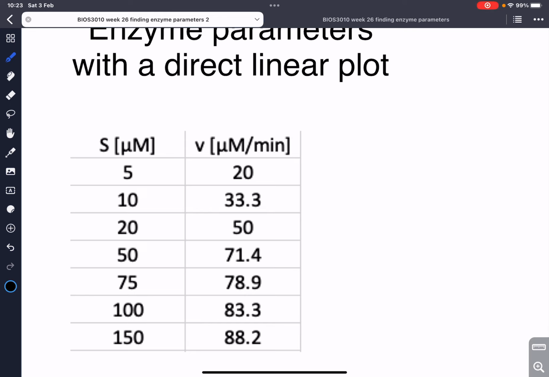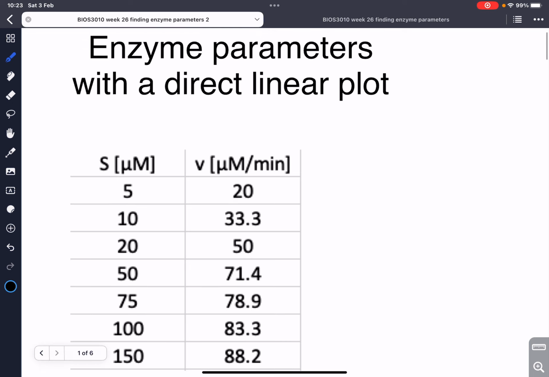And we discovered that usually a Michaelis-Menten plot, where we simply plot the substrate concentration